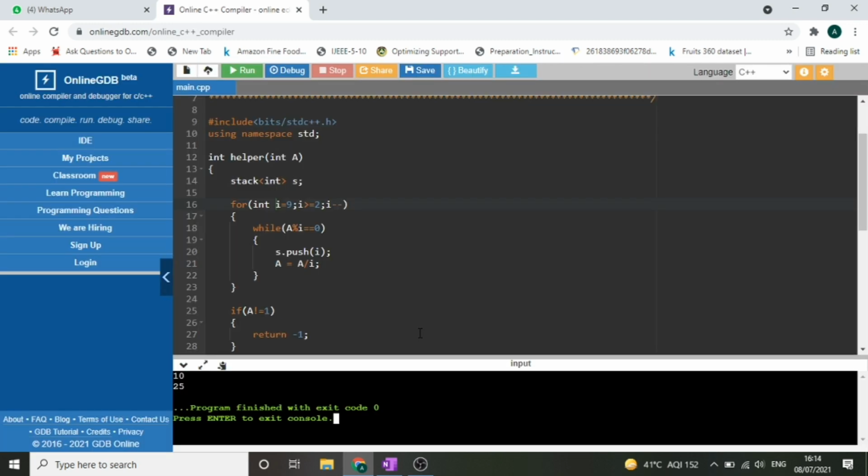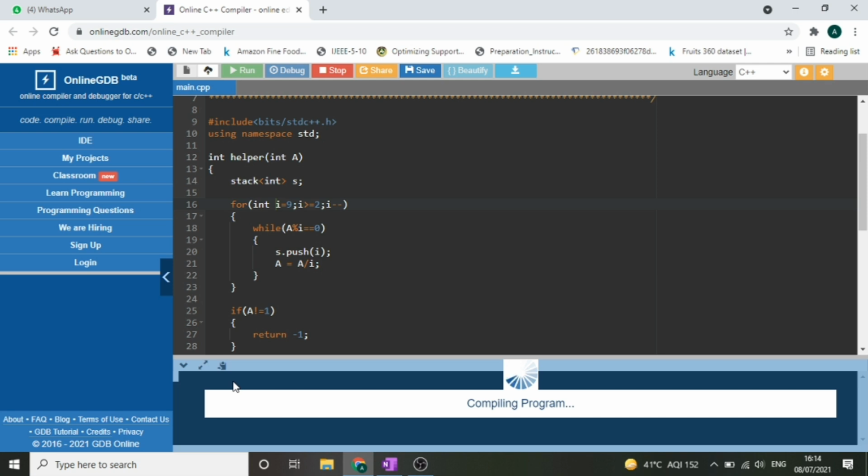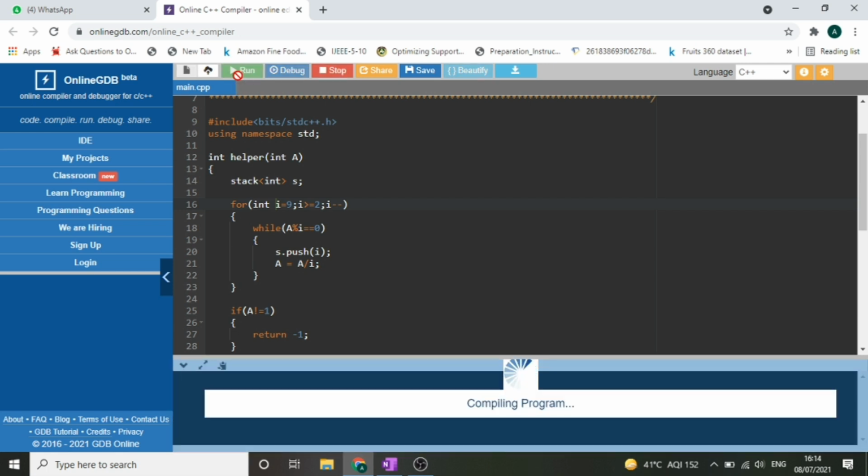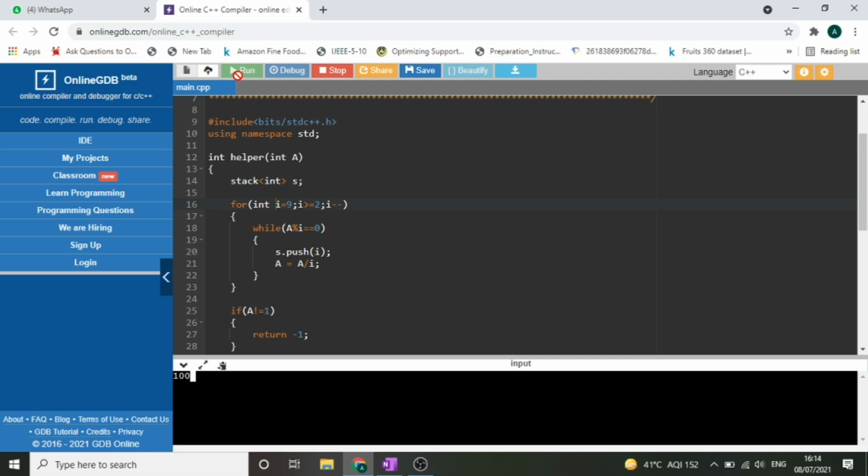Okay, so guys, I have copy pasted my code from the CodeChef IDE to this IDE because there was some error in CodeChef. So let me just run my code here. I have run one test case and it has given the right answer, that is, on 10 it has given 25. Now let's test on 100. On 100 it should give us 455 as an answer. So it is giving us 455.